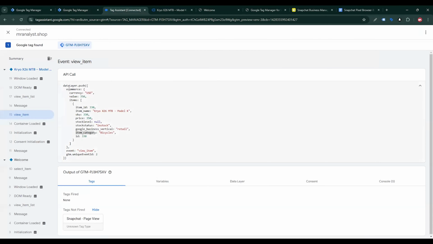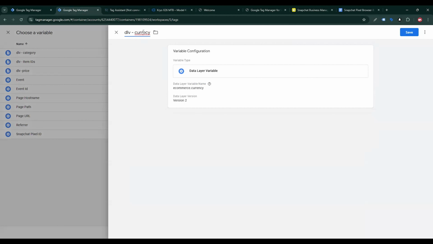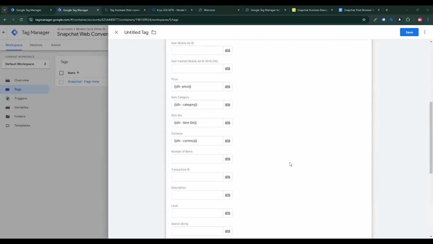So we need to give a name for the currency variable, then click save. Our currency variable creation is done. If you see that for view content, we don't need any transaction ID, label, or search string. So find additional information data, then click on add, then copy again